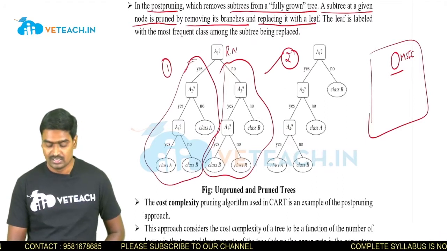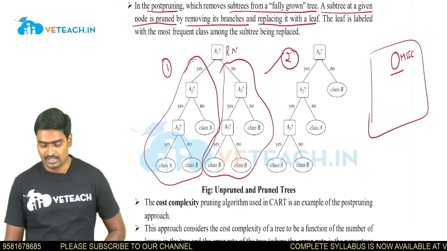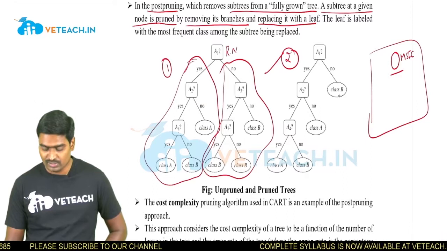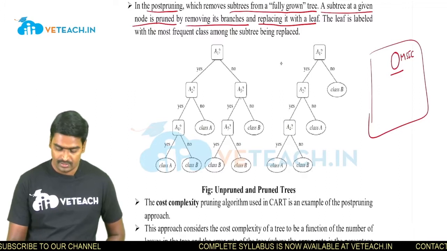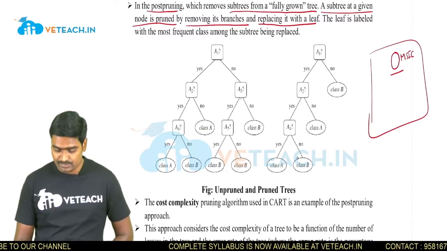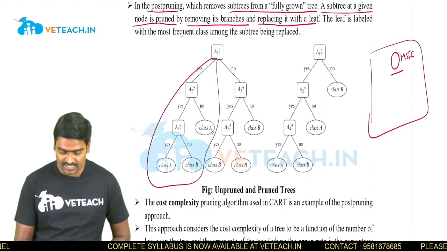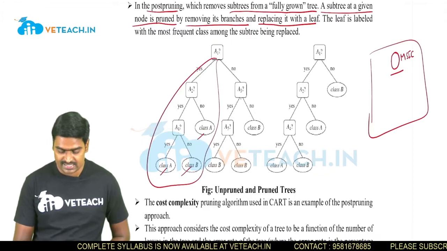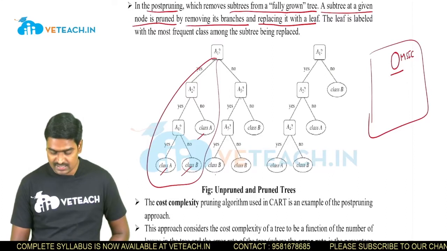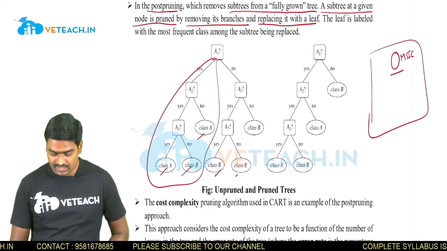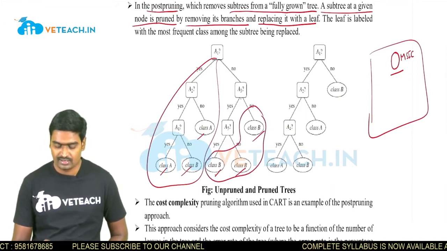See the second one. The same tree we have to prune after. This is called what? Post prune. And the same thing, what are we pruning here? Same thing I can explain here. That is class B. So in the left hand portion of the subtree, there is only class A, class B and class A. And coming to the right hand side, class A is there, class B and class B. The three same nodes are there in the right hand portion.